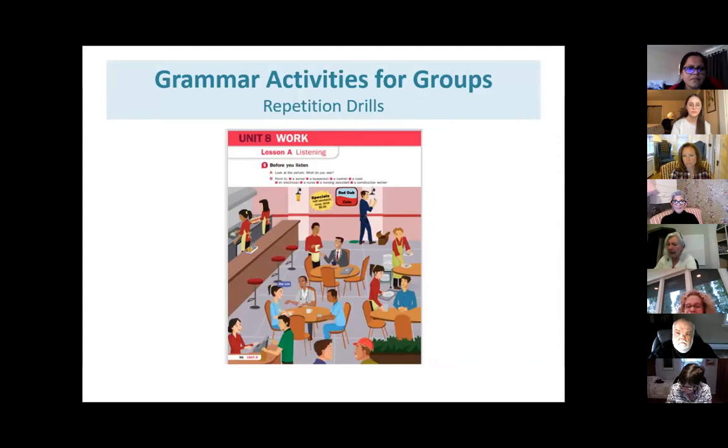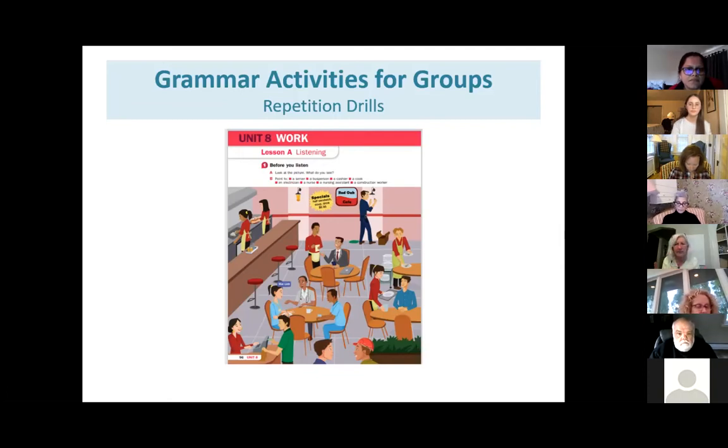Okay, so now we've introduced our topic and some new vocabulary, right? And the next step would be to incorporate that new vocabulary into sentences using some specific grammar points that you decide are useful for your students. If you are making use of a textbook, the unit usually starts with a nice picture like this, and it gives you a list of vocabulary words that you can focus on and some suggested grammar points. And this is a great place to work in some of those repetition drills that you learned about in training.